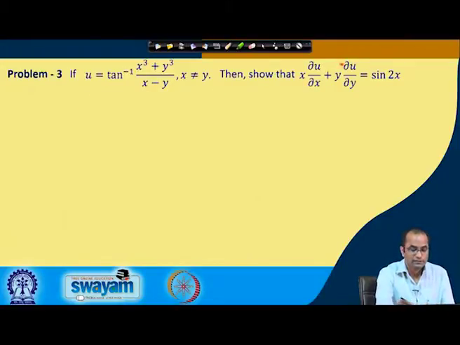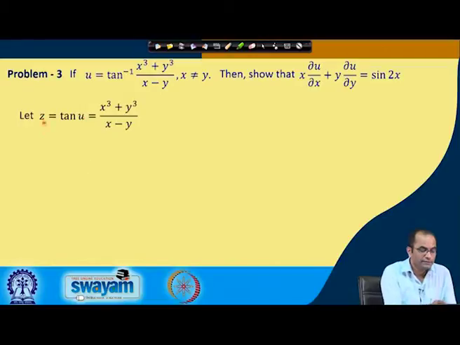We should note that this given function, tan inverse of (x cube plus y cube) over (x minus y), is not a homogeneous function because of this tan inverse. We cannot bring out x to some power and write the rest in terms of y over x. But what we notice is that the argument of this tan inverse, that means x cube plus y cube over x minus y, is a homogeneous function, and we will make use of this because we can define here z